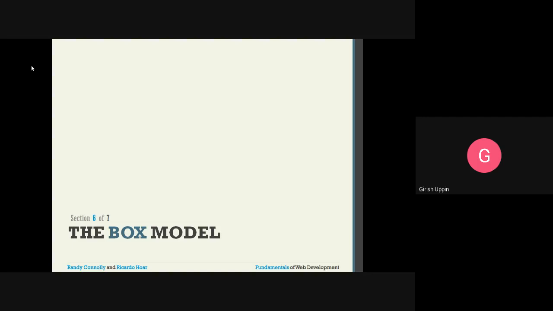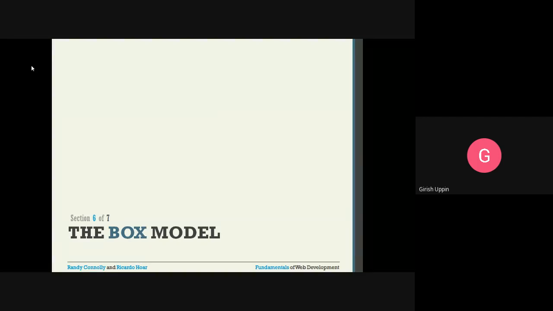Second one is the specificity. We will find out the specificity, and based on that, a number is assigned as A, B, C, D, based on whether there is any particular ID or class provided, or whether there is an HTML element, how many IDs are there, how many classes are there. Based on that, we assign the numbers A, B, C, D, and according to that, we will come up with which rule has to be assigned for a particular HTML element.